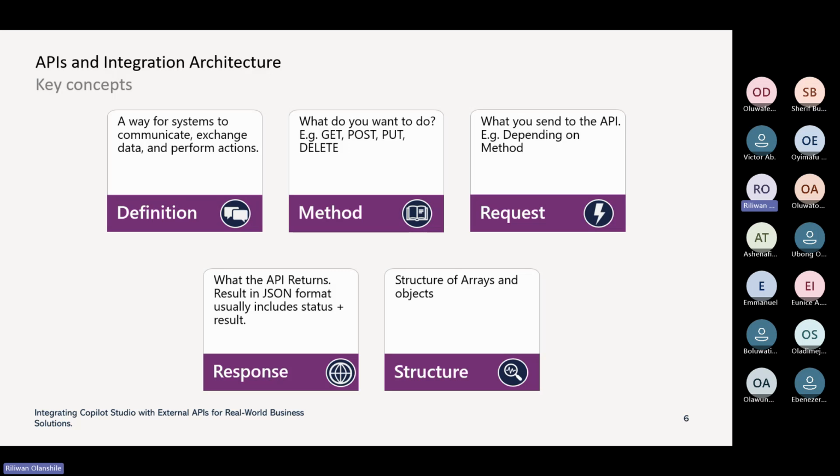Now, there will definitely be what? A response. And a response is not only limited to get items, right? So we also have status responses like 200, 500. 200 is basically that, yes, everything went fine. I think 500 is for if there's an issue. There are so many, 400, I think 405 and so on. So those are also some other pieces of information that come back with the response.